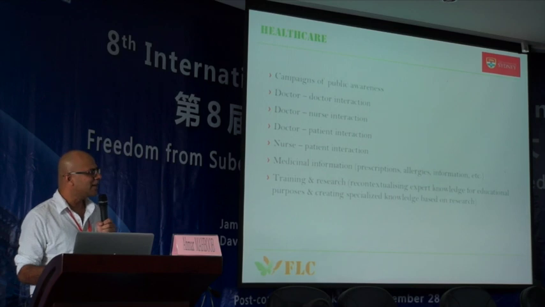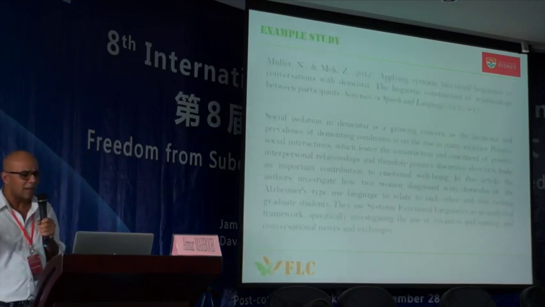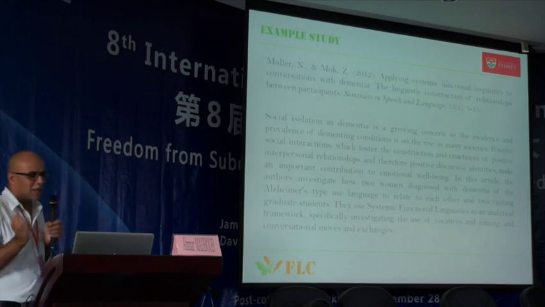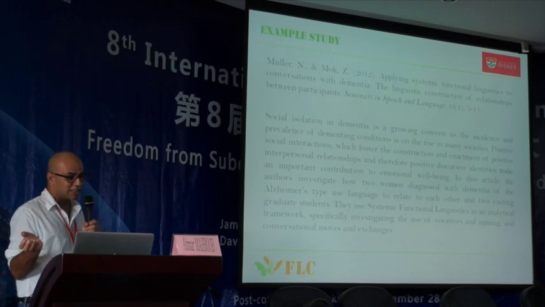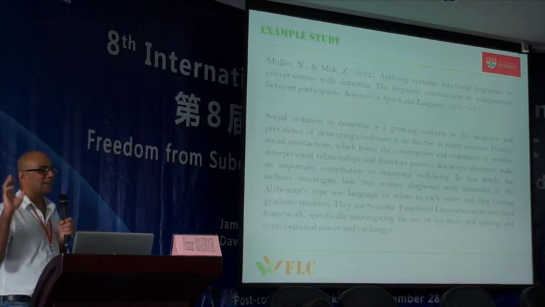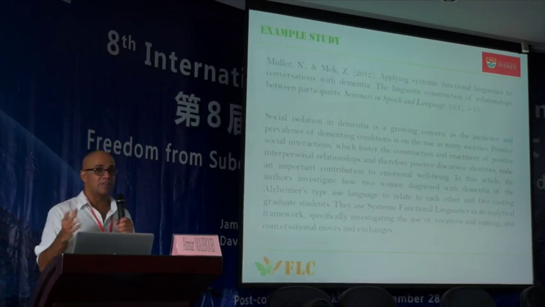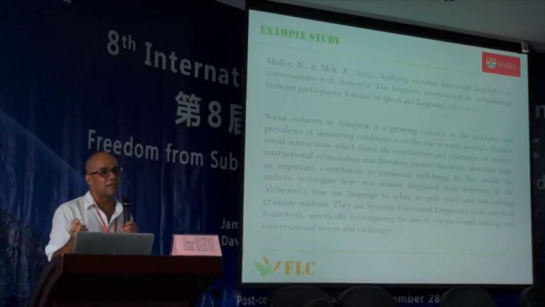Again, there are some really interesting examples out there. This is going to be my last example, and then we'll move into other things. This is a study of applying systemic functional linguistics to conversations with people who have dementia. Again, I'm giving you an example from Pakistan. In Pakistan, when people have dementia, we use a word in common Urdu. It's that a person has gone crazy. I mean, that's a rough equivalent.